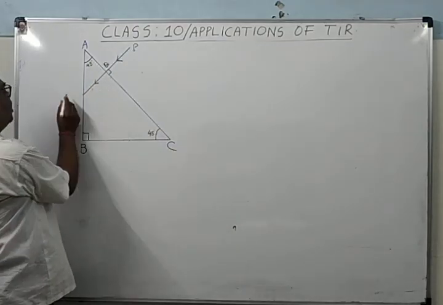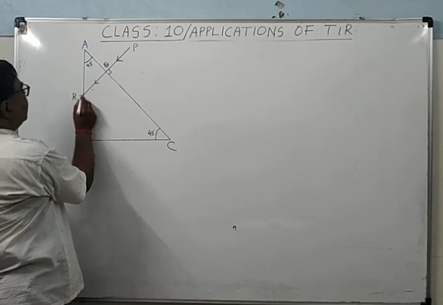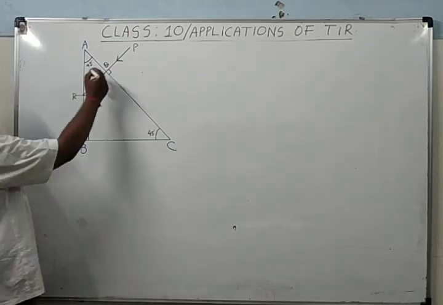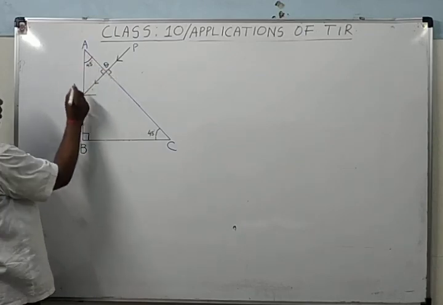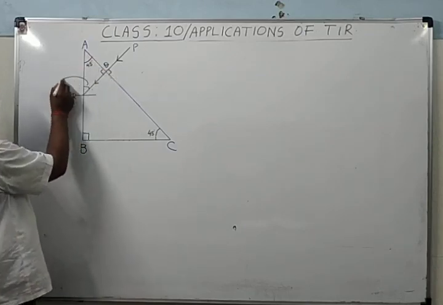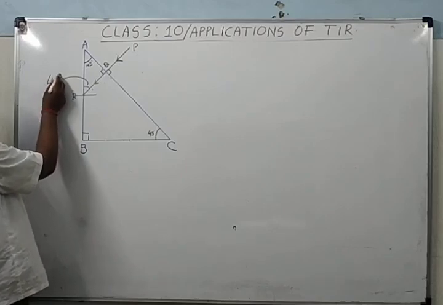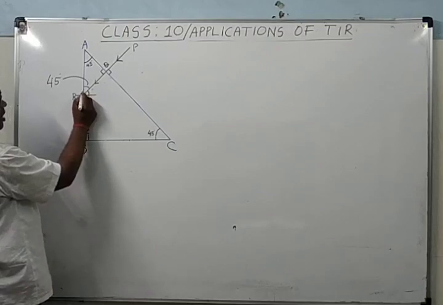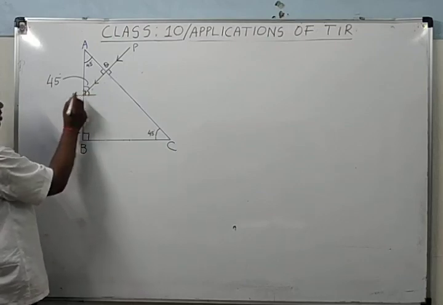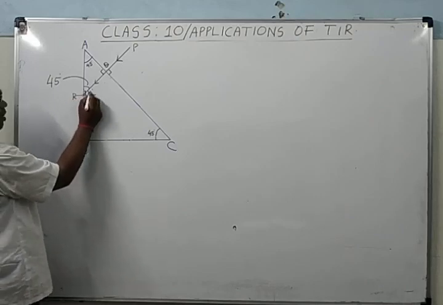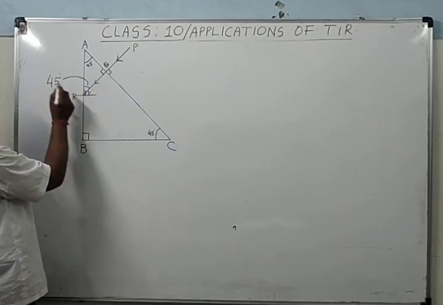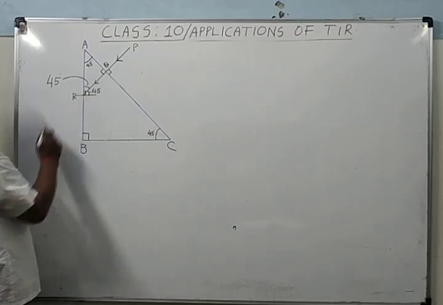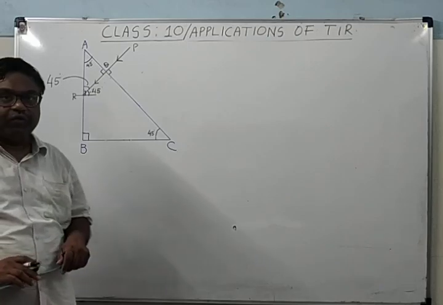Now you can name this point as R. Draw the normal. When you draw the normal, you can see here this angle is 90 degree, this is 45 degree. So once again, this angle will be 45 degree. Since this line is normal, what will be this angle? This whole angle is 90, so what will be the remaining angle? It will be equal to 90 minus 45, that is 45 degree.